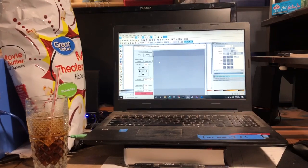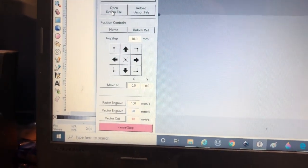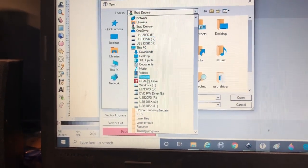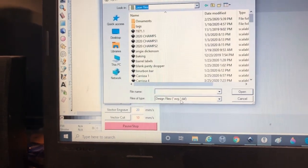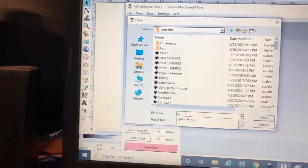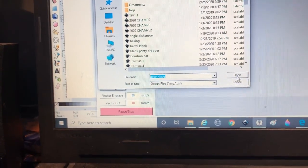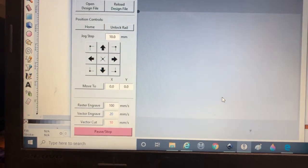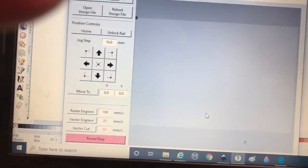Are you ready? Okay. So now what we're going to do is look for our program. And we will open our program, and it's going to load it right in there. I promise it's going to happen. While we're waiting on that program to load,